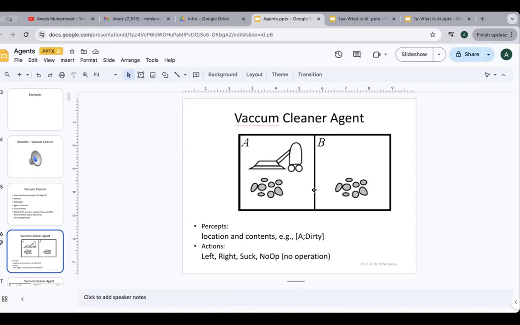Say, for example, if the robot is present in room A and it's getting some signals, the robot will try to identify that, okay, is this signal telling me that the room is dirty? Or is this signal telling me that the room is not dirty or is clean? Okay, that can be done through some sort of processing. We call it data processing, pre-processing of the data, whatever you call it, right? And that is what we call the processed data, not the raw data that is coming from the sensor. That processed information that is coming from the sensor, which is turned into information, is what we call perception,